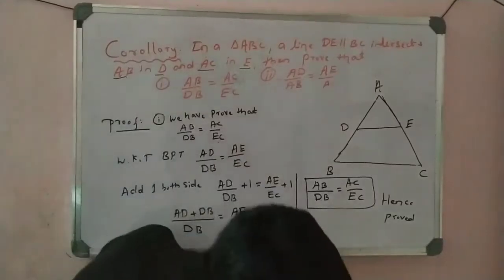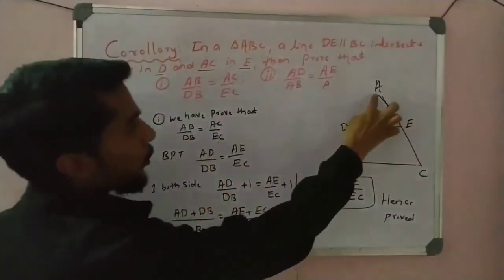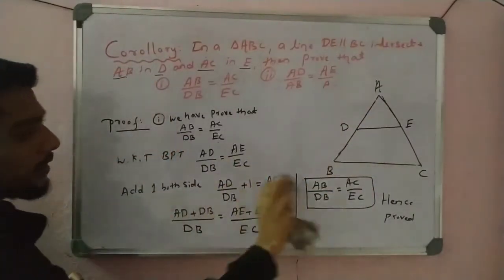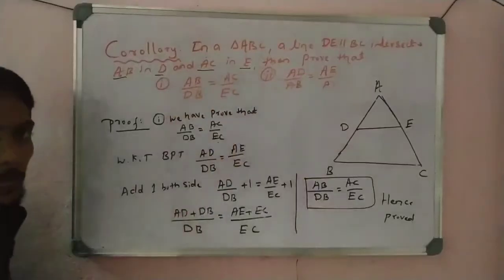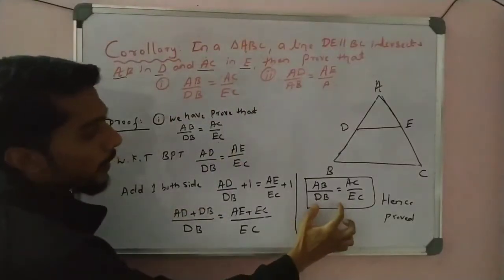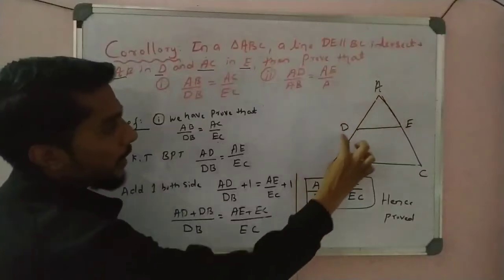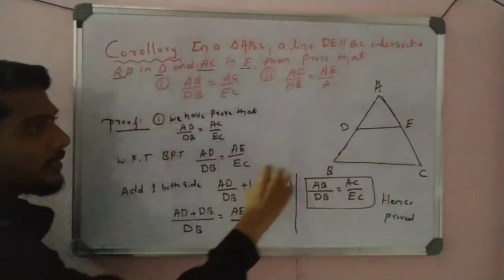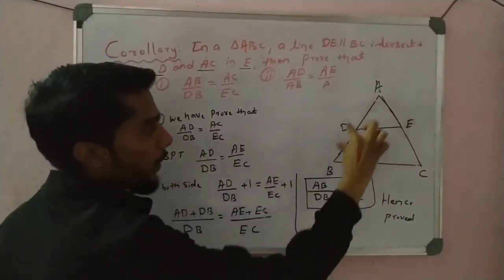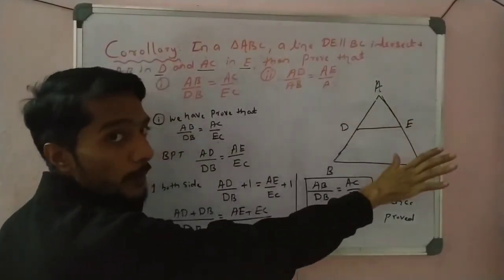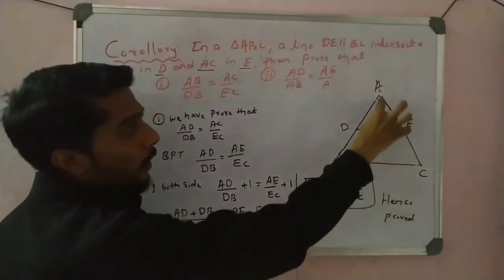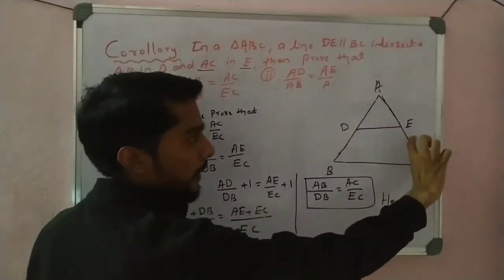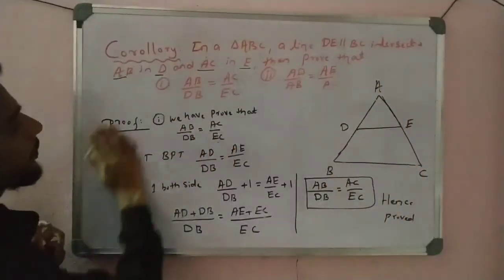In that case, what do we do? So this is clear for you. When it is top over bottom, you add 1. Please take down this first proof and also remember this formula: full side divided by bottom side. It will also be used in the examples. The BPT theorem is AD by DB equal to AE by EC. The next, BPT corollary, is full AB by bottom DB, equal to full AC by bottom EC. That is the first. Now let us go to the second one.